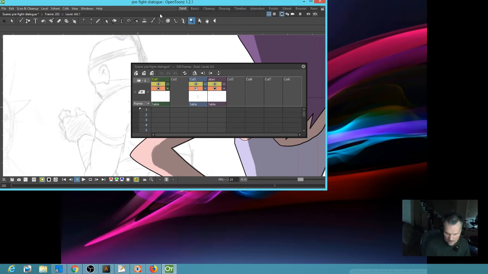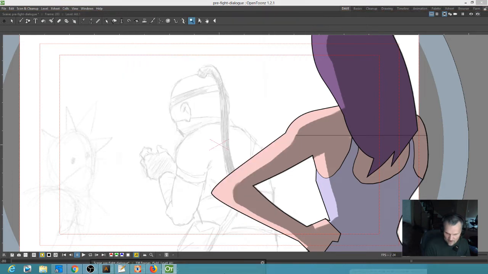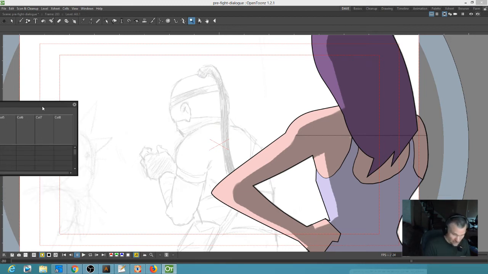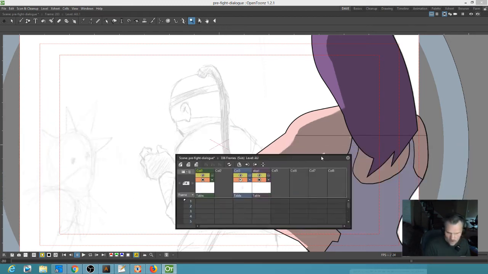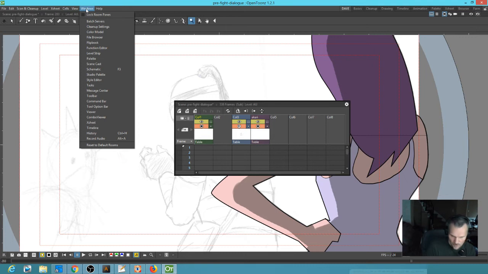Put me alongside. Don't put me at the top like that. Don't put me at the... Okay, it doesn't want to put me at the bottom either. The right, I would tolerate it being on the right. So this is one of OpenToonz's idiosyncrasies. Maybe there's a way to